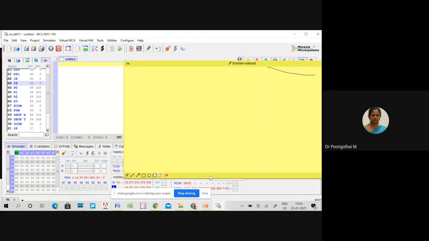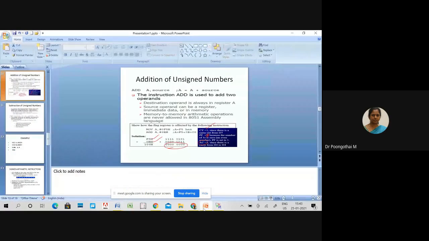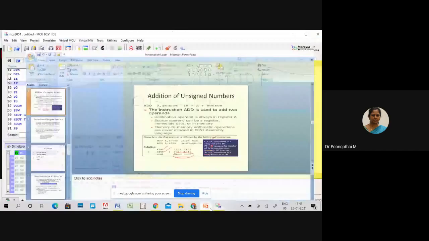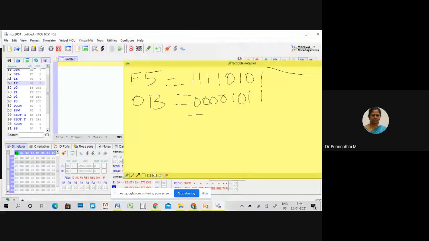So what are the inputs? F5 and 0B. For F, the binary equivalent is 1, 1, 1, 1. For 5, 0, 1, 0, 1. For 0, 0, 0, 0, 0. And B, 1, 0, 1, 1. So add these two.